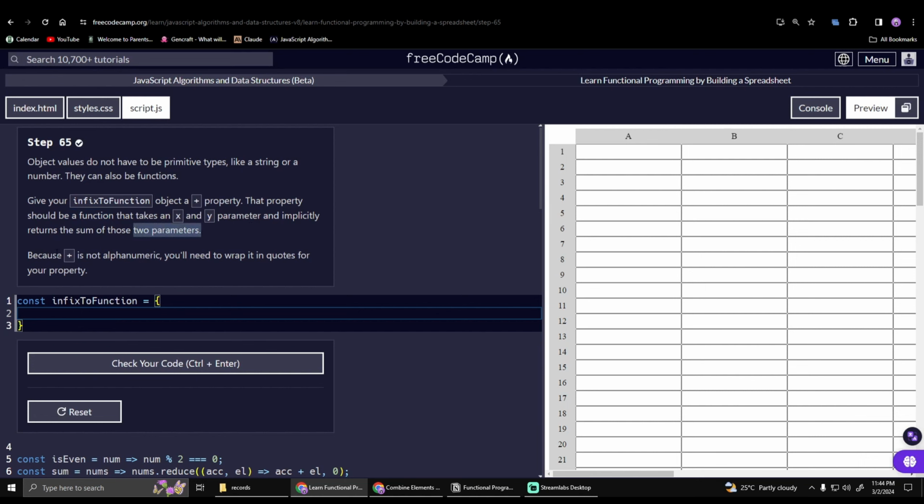parameters. Because plus is not alphanumeric, which is basically the combination of a number and a letter, for example, hello123 or yummy69 and so on, it says you'll need to wrap it in quotes for your property. Okay? So within our object, our infix to function, we type here our key property, which would be the plus,